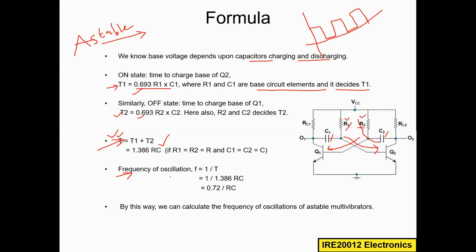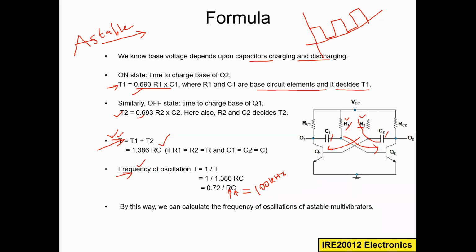Once we know the time, the frequency calculation is very easy. 1 divided by T, that is equal to 0.72 divided by RC. This is the frequency of oscillation. If you want to change the frequency of oscillation, of course, you apply the values of R and C, and then you will get some number. Maybe this is 100 kilohertz. This is not the correct value, but I'm just telling you for example. So if I use 10 kilo ohm, 10 nanofarad or something, I apply the values, then I can calculate the